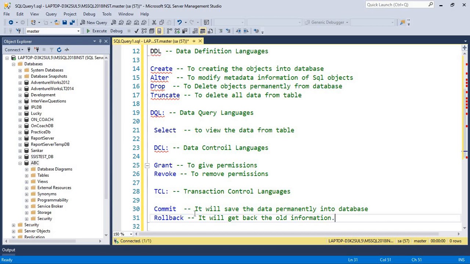That's it. Commit means it will commit the data, whatever updated information you are updating into the table. If this is the correct information and you want to commit this data into the table permanently, and you are confident your data is correct, you can use the commit command. If you are not confident about that information, just use rollback. That's it. That's all about SQL commands.